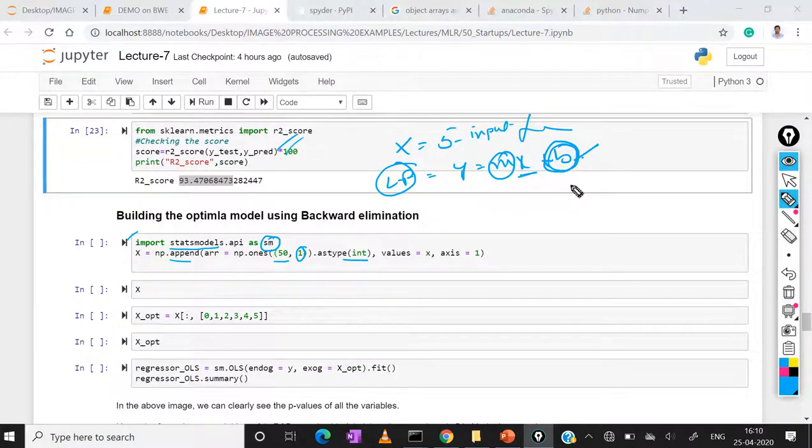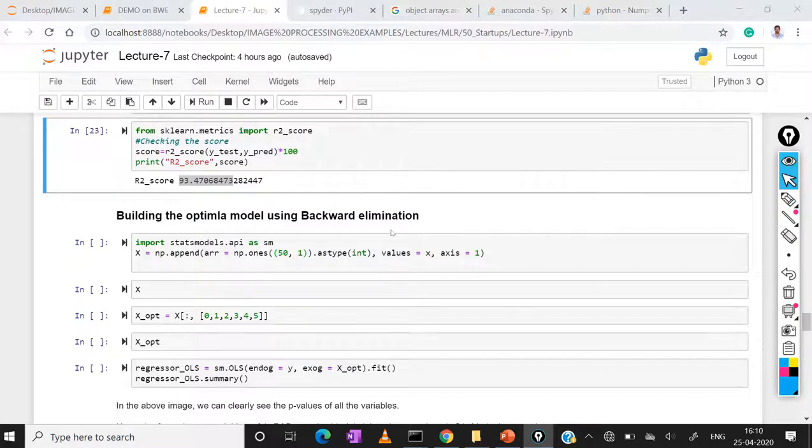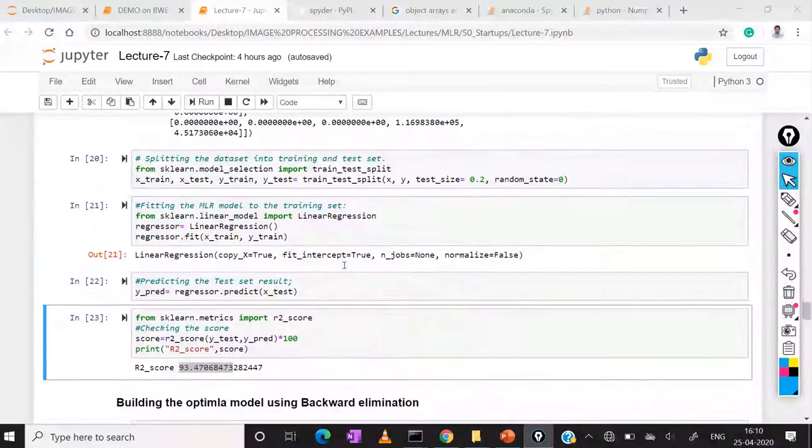So what is the purpose? If you see linear regression, it is y equals mx plus b. From sklearn.linear_model, this model will automatically assign the bias value.